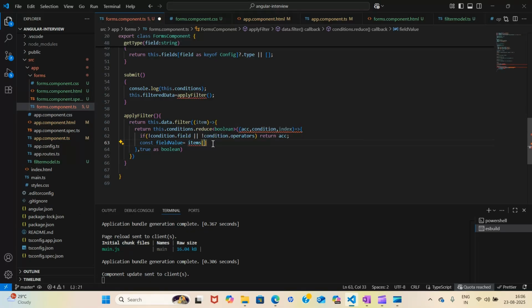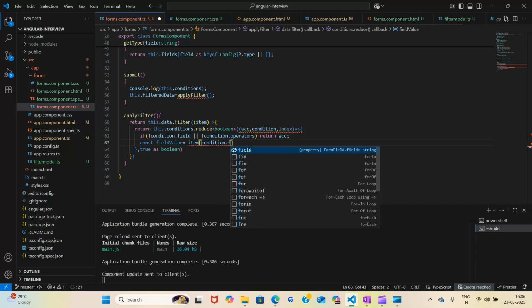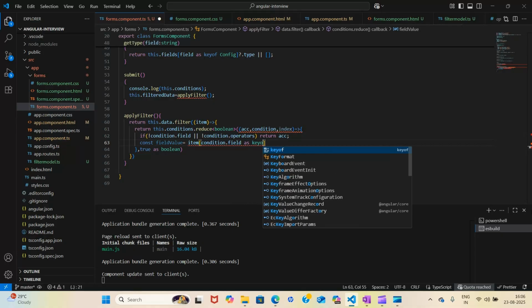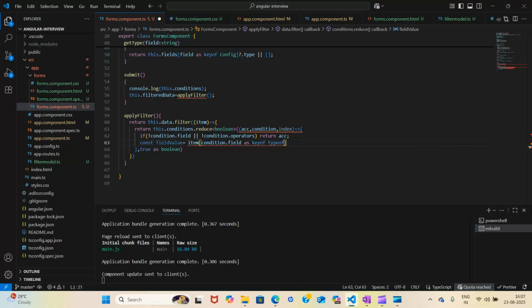So how will I do it? I will take item, and as a key I want to take my condition dot field. This should be my key. So as key of type of item. Okay, so now this is my field value.